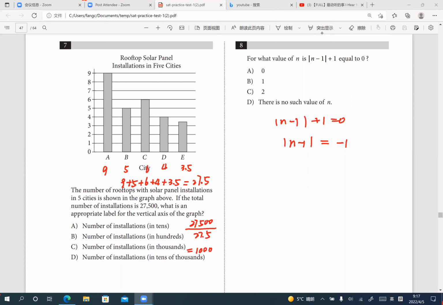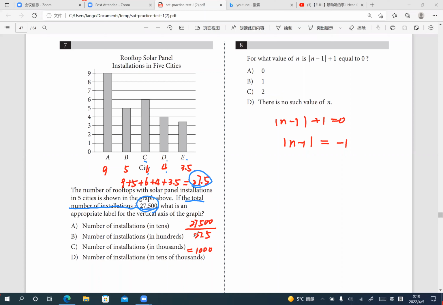So from the graph above, we can tell city A is 9, city B is 5, city C is 6, city D is 4, and city E is 3.5. The sum of them is 27.5. And from given information, the total number of installations is 27,500. So we divide this number